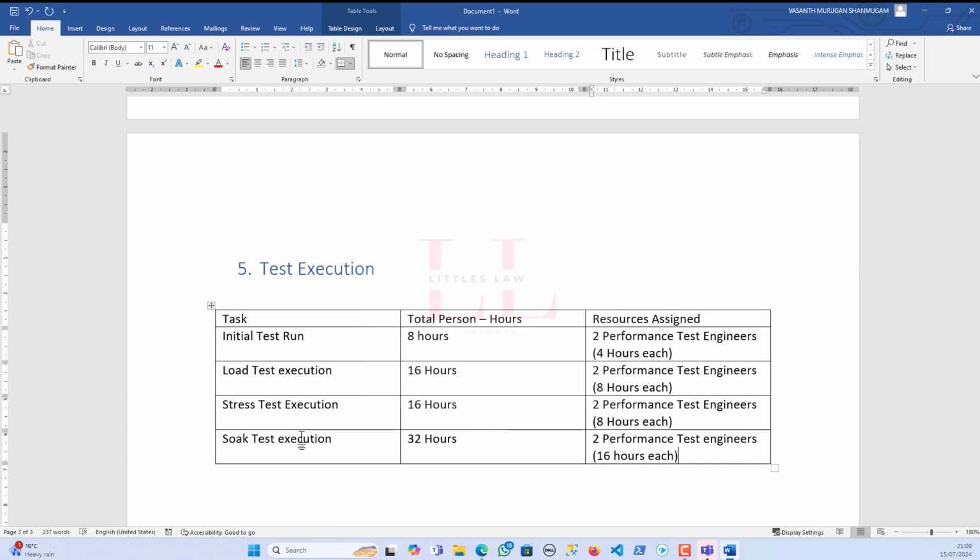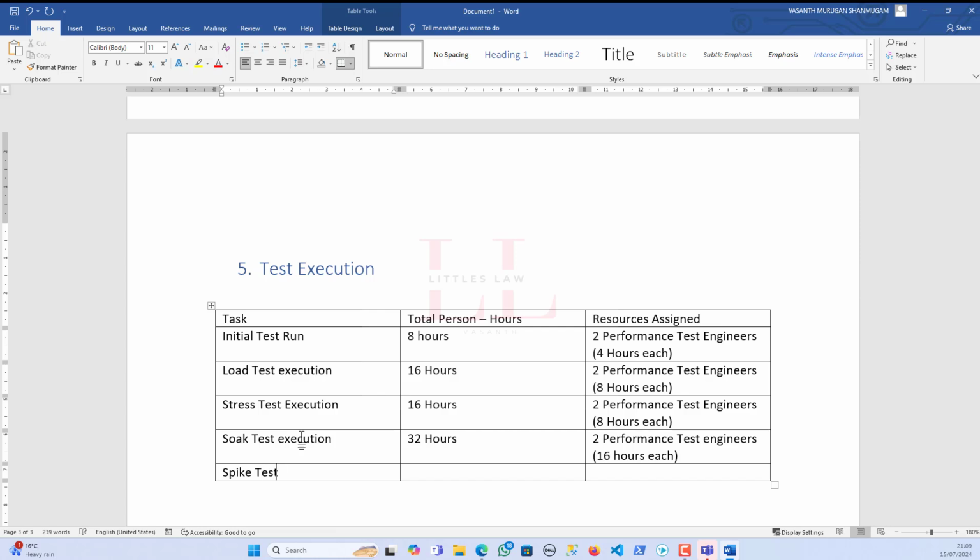For that, you would need to collect data. You will have to keep it accordingly. You have to inform all the stakeholders to keep the system refrained from other environments. So you have to do all these, and that is the expectation. So one person can do one soak test execution in one day. If you have 2 people, then you can run two executions per day. So that's the plan. And then finally the spike test